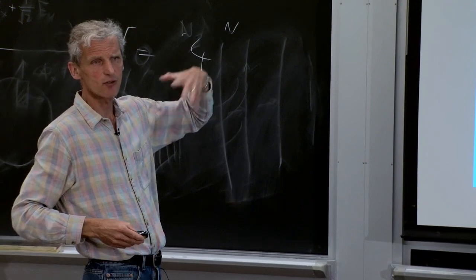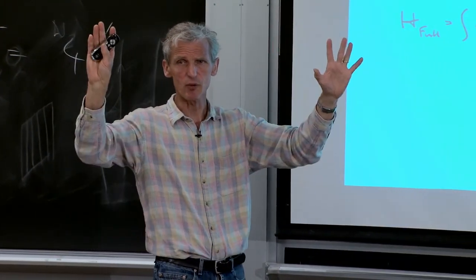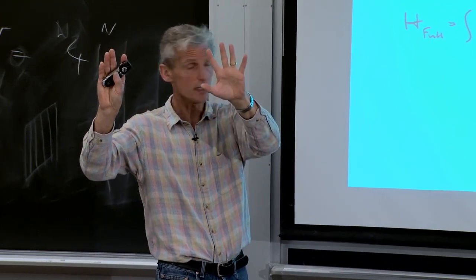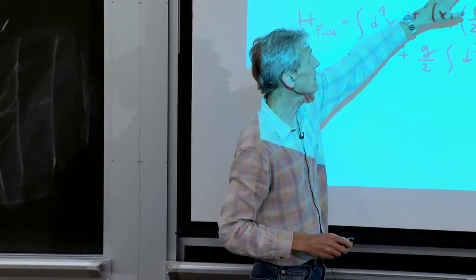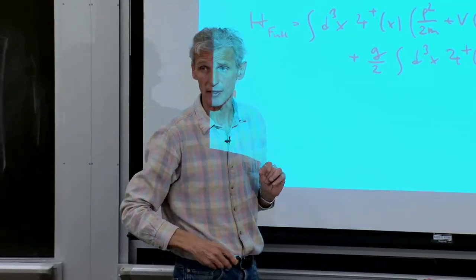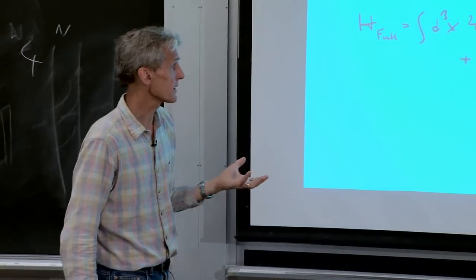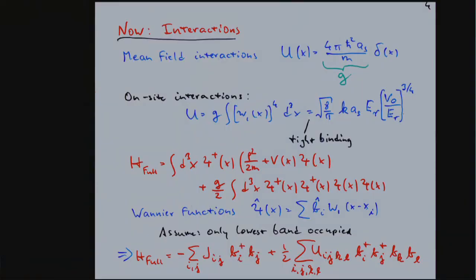Okay, so I've tried to introduce what J is. J is a matrix element between two Wannier functions with the Hamiltonian in between. And U is the matrix element of two Wannier functions with the interaction operator in between. And now I want to use that concept to take my full Hamiltonian and transform from field operators localized at